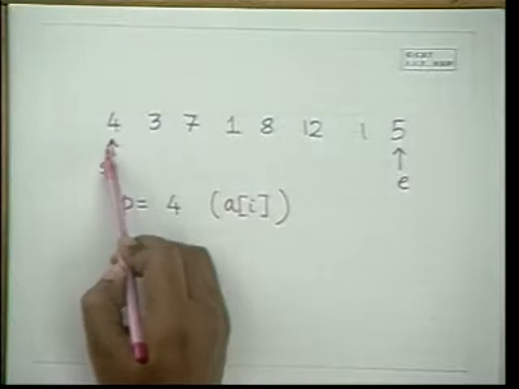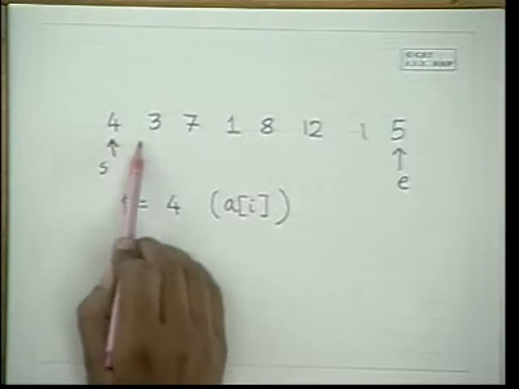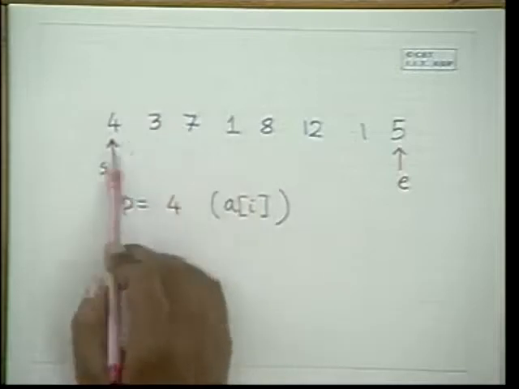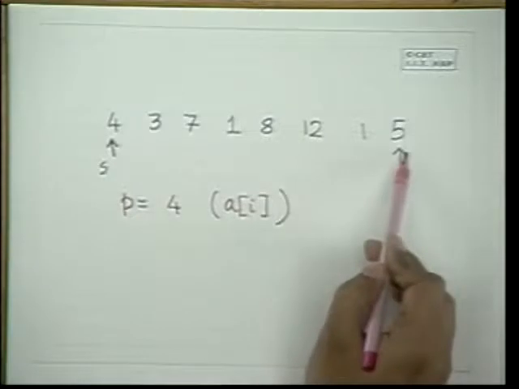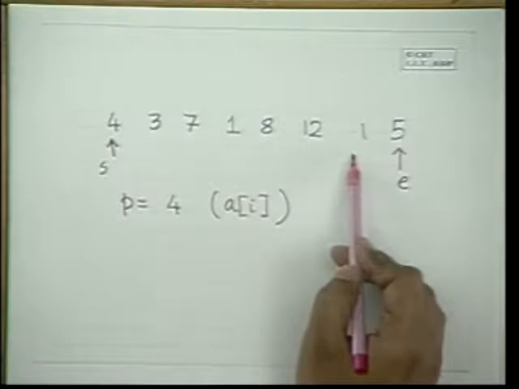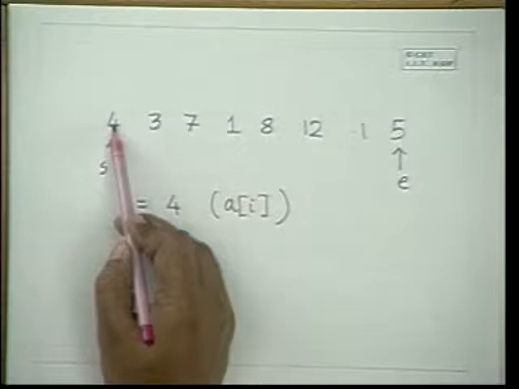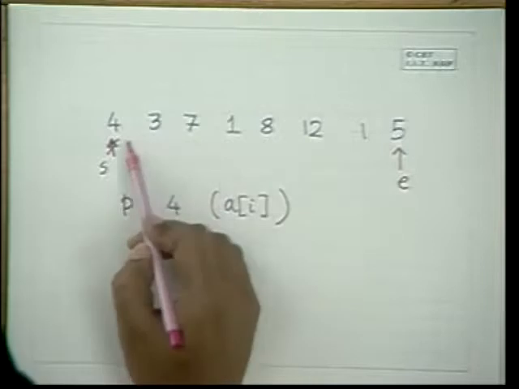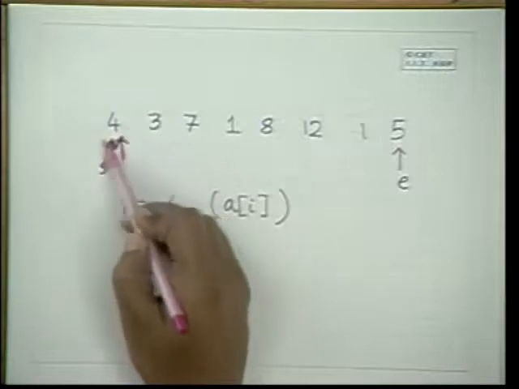So suppose if this is less than P, we proceed, because this side we want, sorry, we are sorting in descending order. So as long as this is greater than P, we proceed. And this side we go on proceeding, because as long as it is less than or equal to P. So here this is not greater than P, so we continue. This is greater than P, sorry, as long as it is greater than P, we continue. So we wait here, we stop here. This is not greater than P.